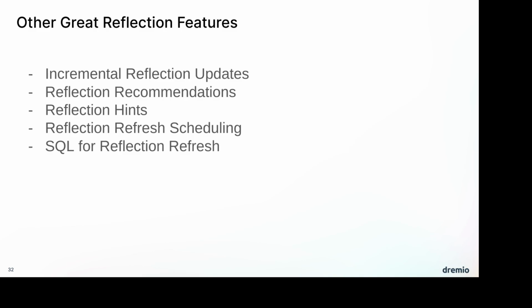There's reflection hints. This is more of a troubleshooting feature. Sometimes, maybe you just have a query that you don't want to use reflections for whatever reason. Okay, the reflections are there, but you don't want to use them. There's actually a reflection hints feature, so you can do things like disable reflections for a particular query, or point a query to a specific reflection that you want to use, but for some reason, maybe it's preferring another one. It basically gives you a little bit more granular control for those random situations.